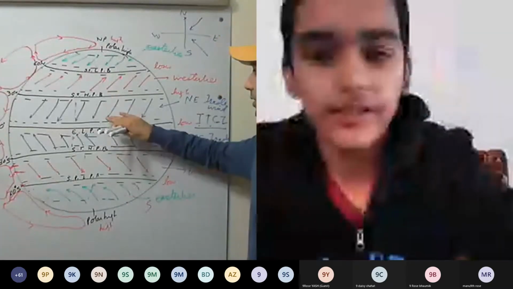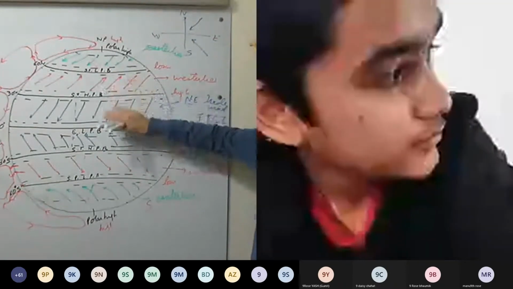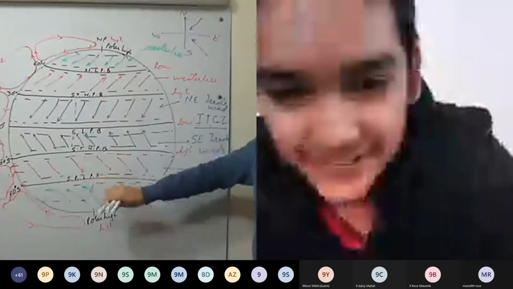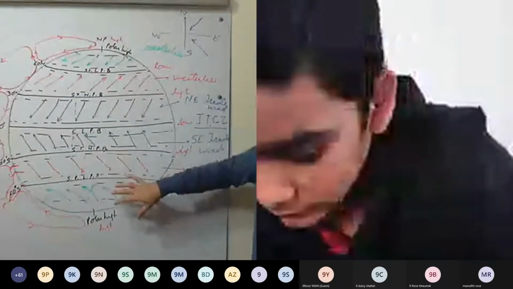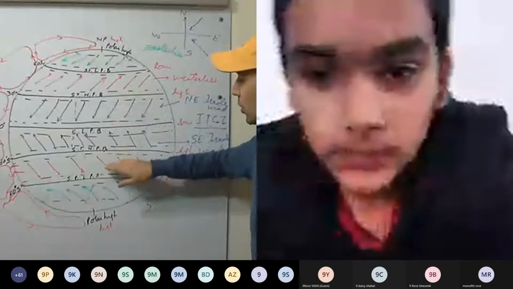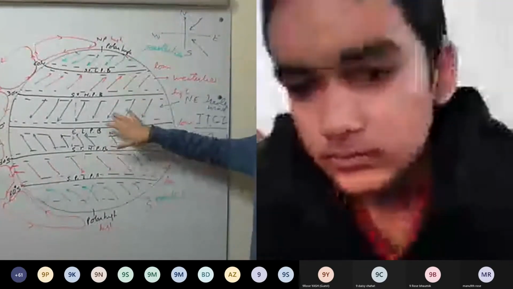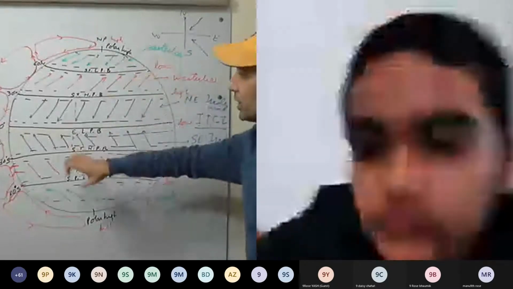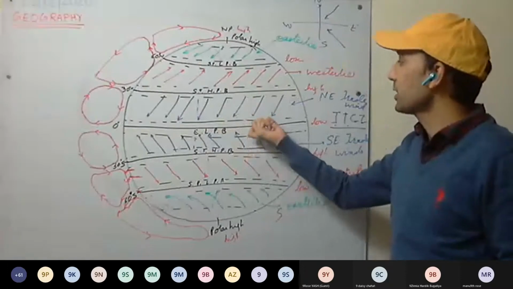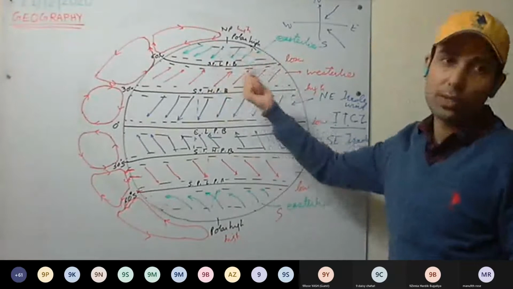Are these winds clear? Trade winds, westerlies, which we also call anti-trade winds because they are opposite in direction to the trade winds, and easterlies. They are permanent wind systems, that is, they prevail mainly throughout the year on the earth. That's why these winds are called prevailing winds, permanent winds, or planetary winds as well. The rest are local winds or periodic winds, which are only modifications of these winds.